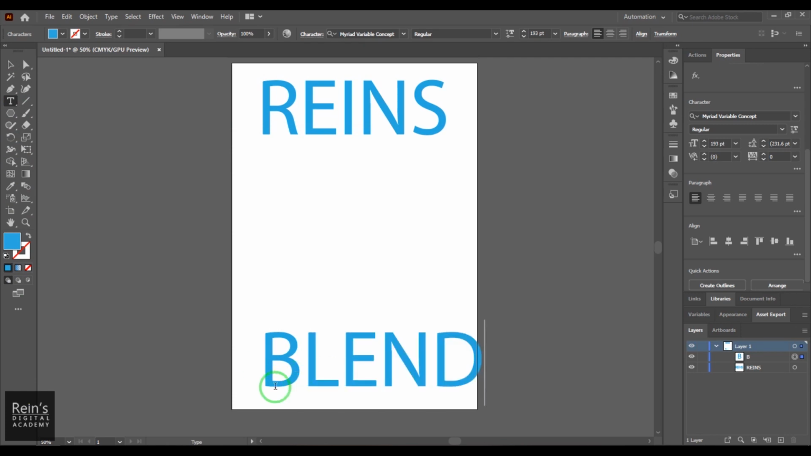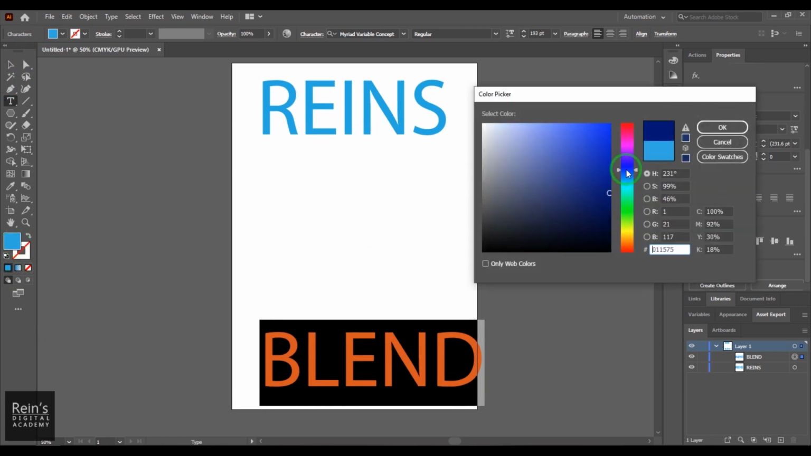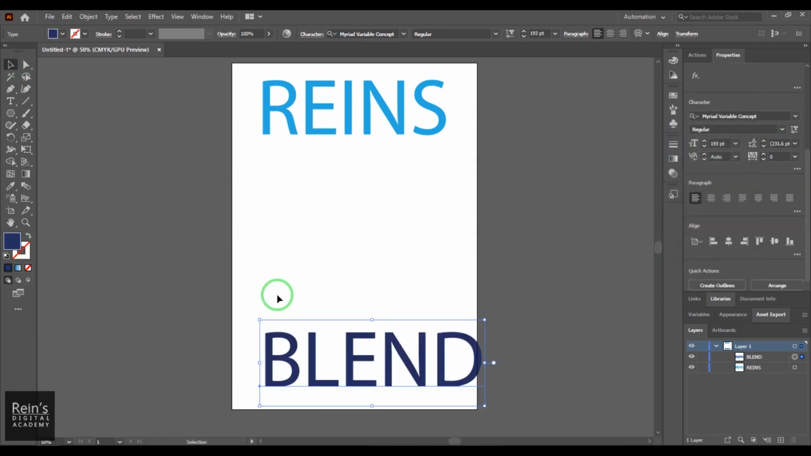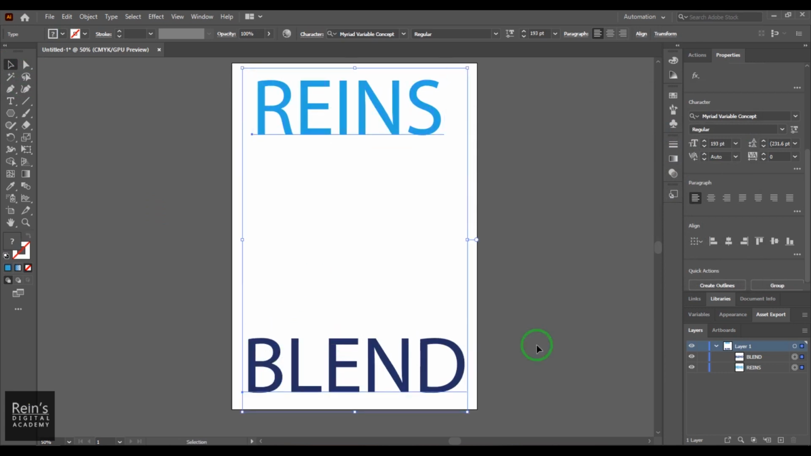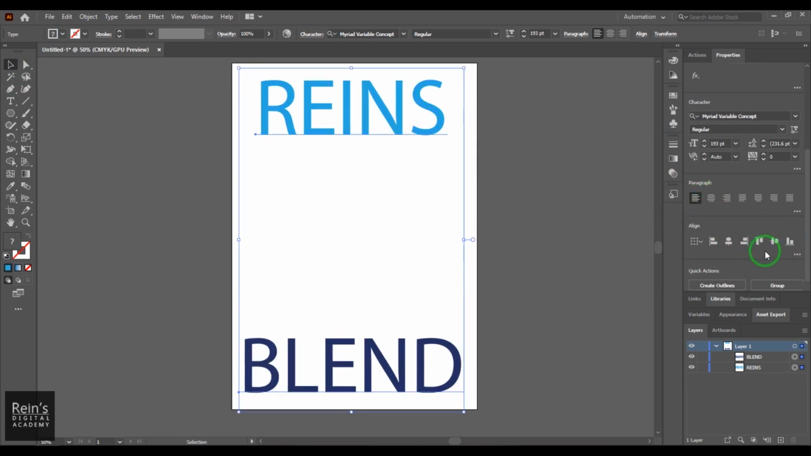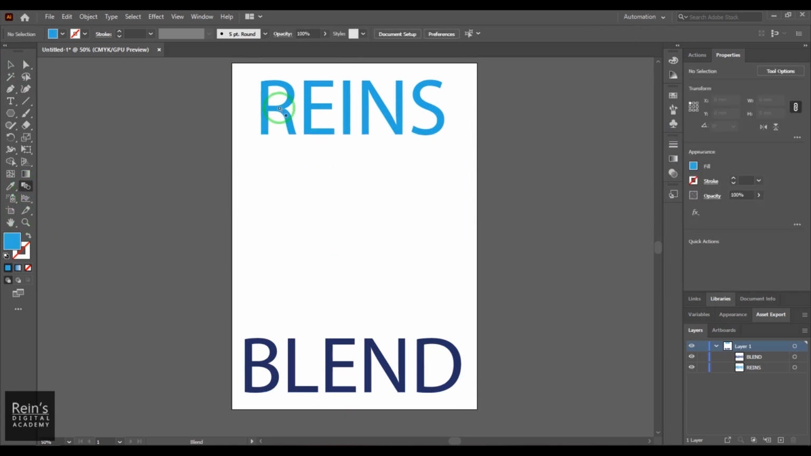Okay, and what I'm going to do is I'm going to select and then change it to a darker color and then put it below. Maybe I select these two and then align them. Now I select this blend tool, select the range, and then click on the blend, and then you